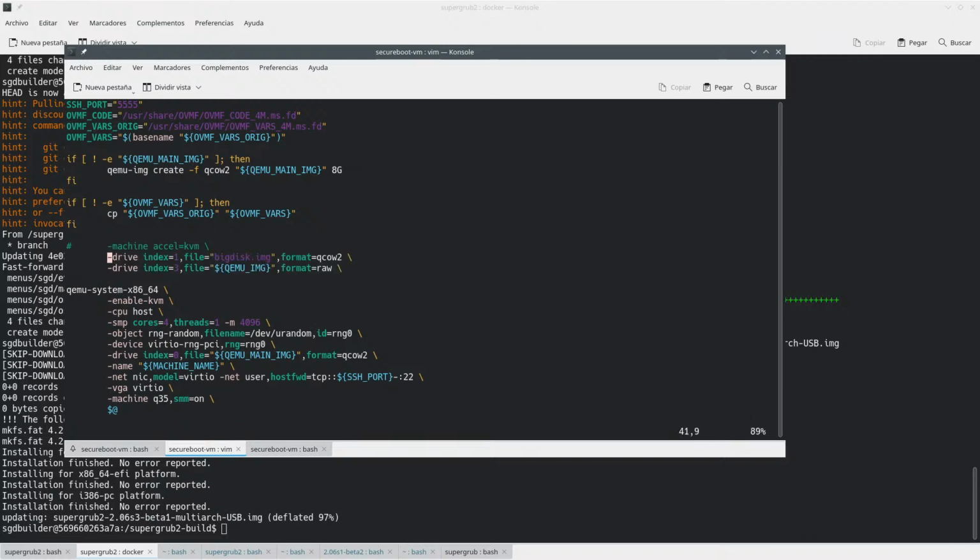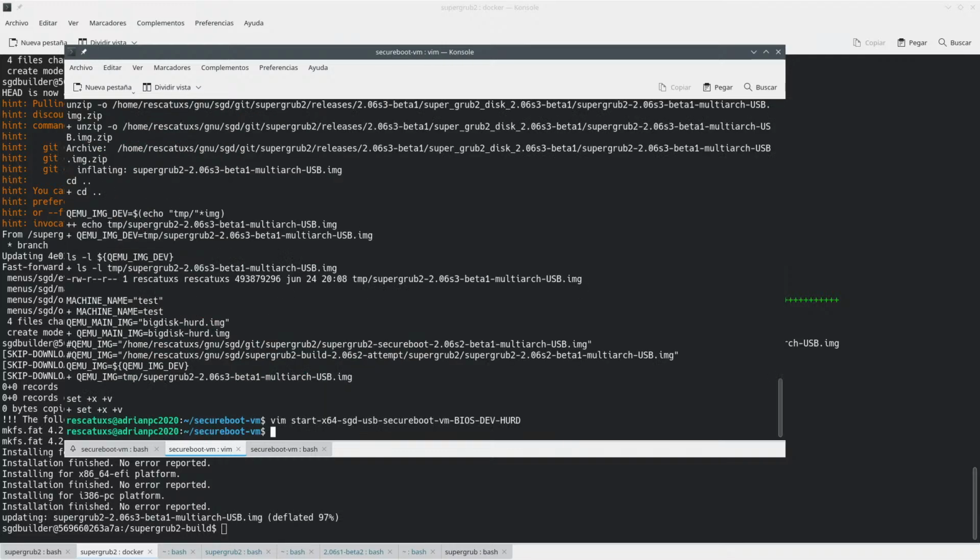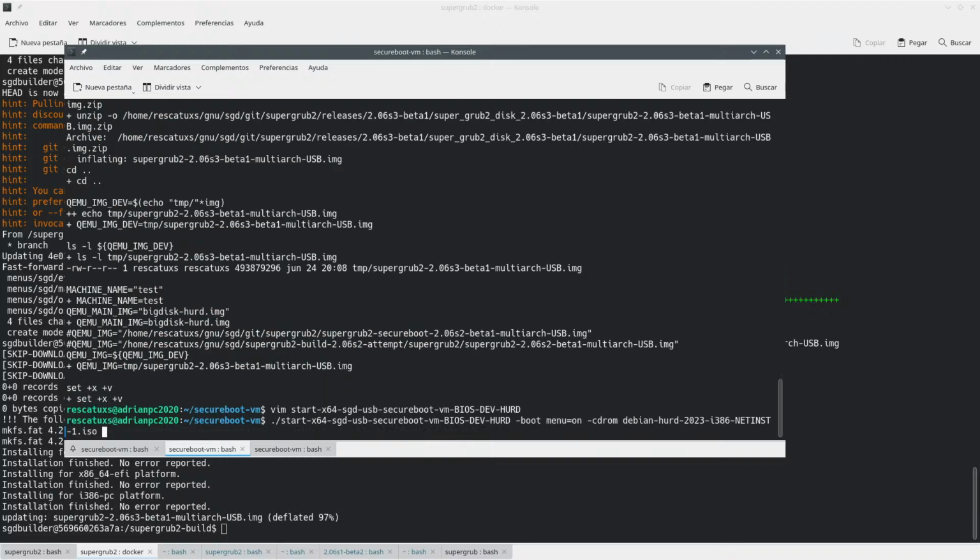So this is the big hard disk and the Super Grub2 Disk image, and then the only thing that we are going to have is a normal hard disk and the CD-ROM.